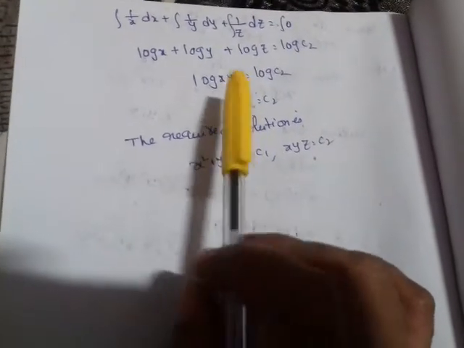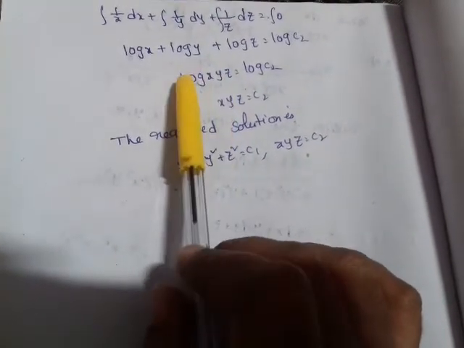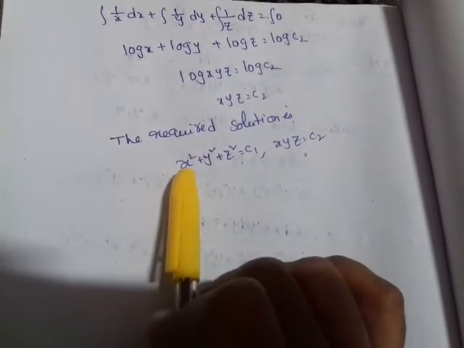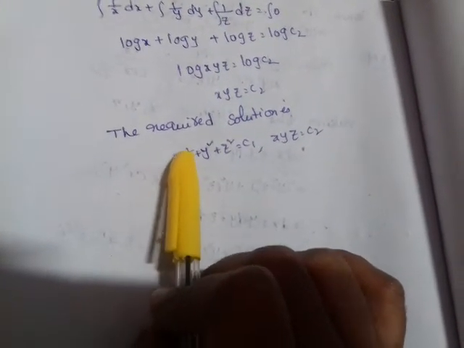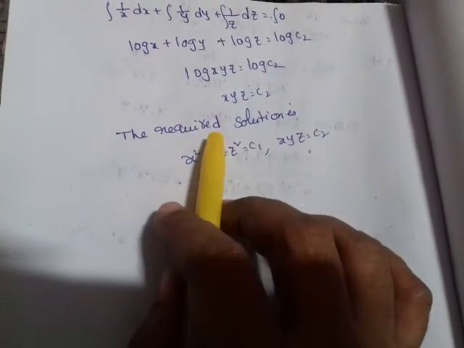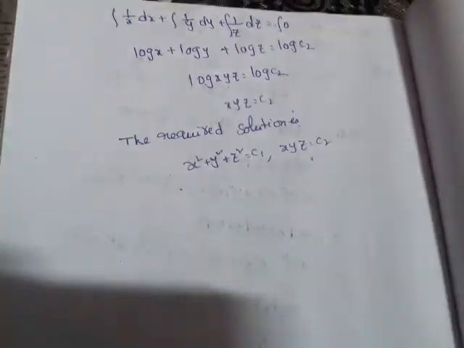So we can apply this to some problems. One solution is obtained by the method of grouping, another solution is obtained by the method of multipliers. In some problems it is like that. Some are solved with only the method of grouping and some with the method of multipliers. So there are only two methods, the method of grouping and the method of multipliers.